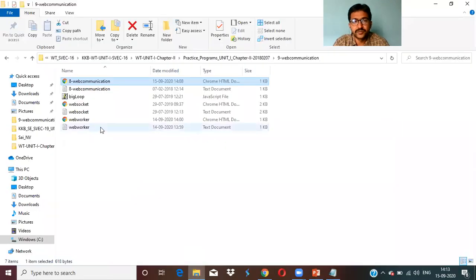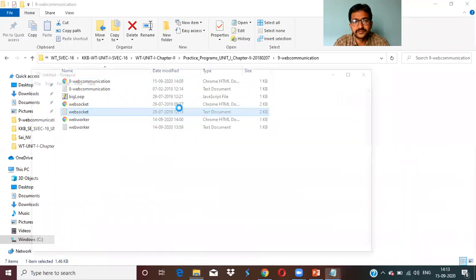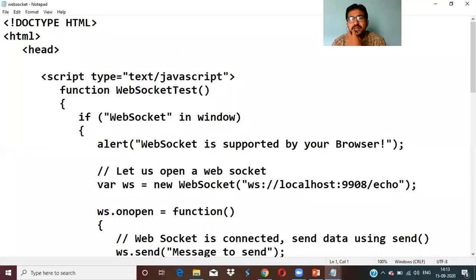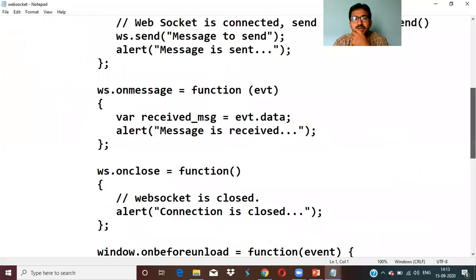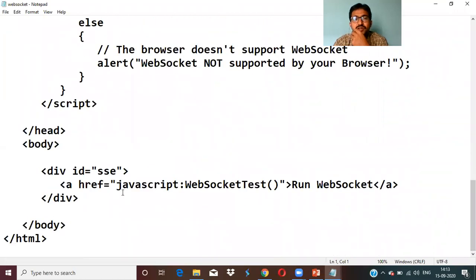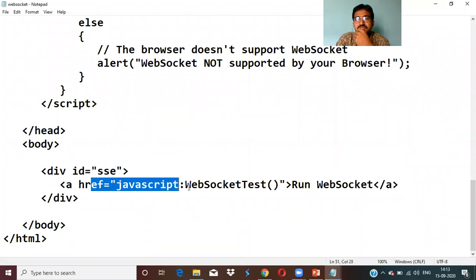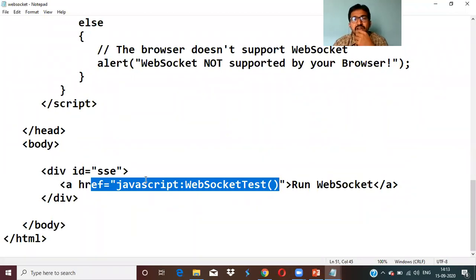So I'll just show you the WebSocket program. Observe carefully, I'll directly go to the body. In this body, I'm just using an ID division, and I'm calling a script. WebSocketTest is a function, here to test whether my browser will support the WebSocket concept or not.